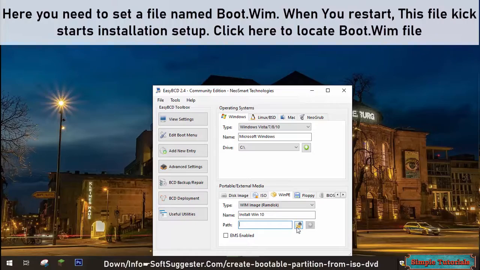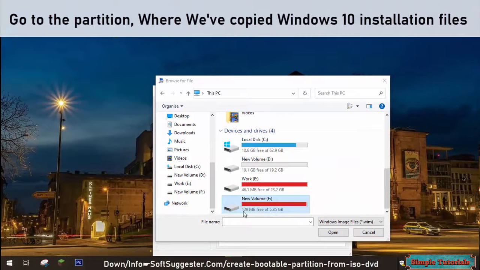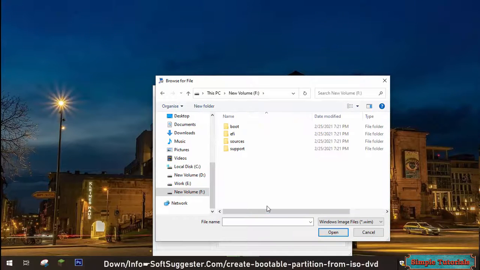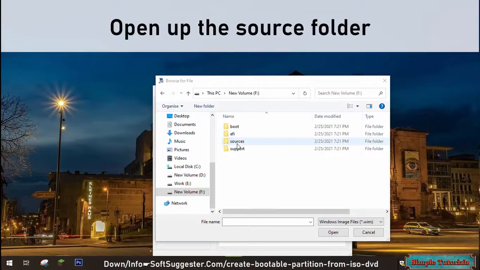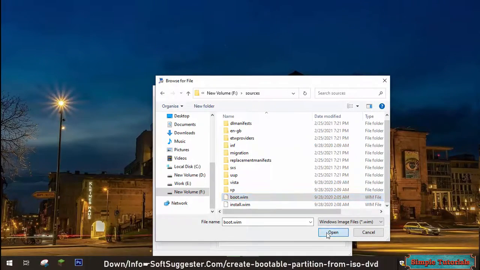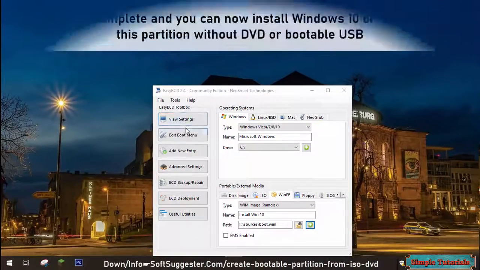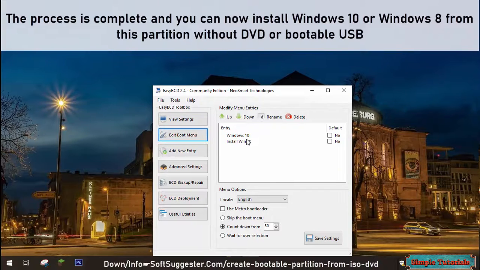Click here to locate the boot.wim file. Go to the partition where we've copied the Windows 10 installation files. Open up the source folder. Highlight the boot.wim file, and then click Open. Click the plus icon to add the WinPE image to the boot menu. The process is complete, and you can now install Windows 10 or Windows 8 from this partition without a DVD or